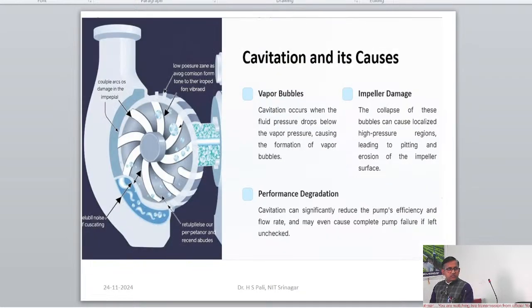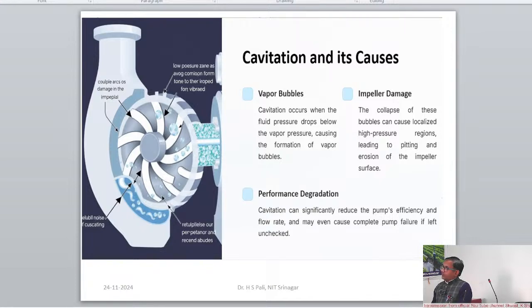So cavitation is not required. Moreover, the efficiency also drops. From a mechanical point of view, the discharge and the flow rate will also reduce, because some part is only imaginary, or you can say it is not an actual part. There is air there, so the flow rate will discharge, but that is more concerned with